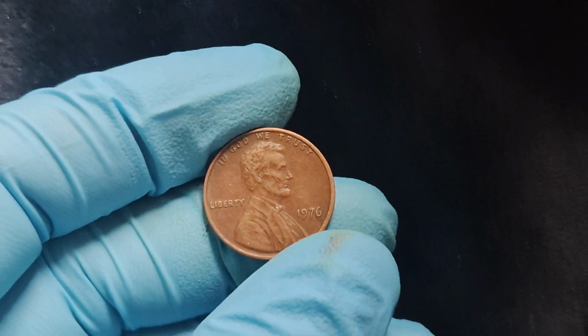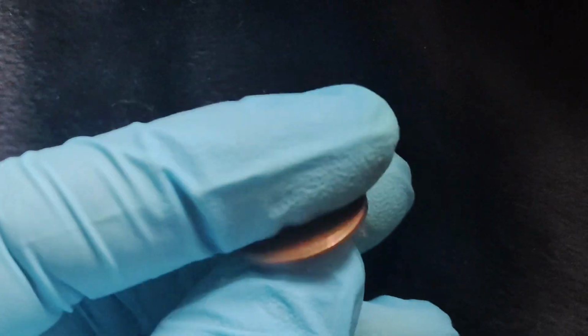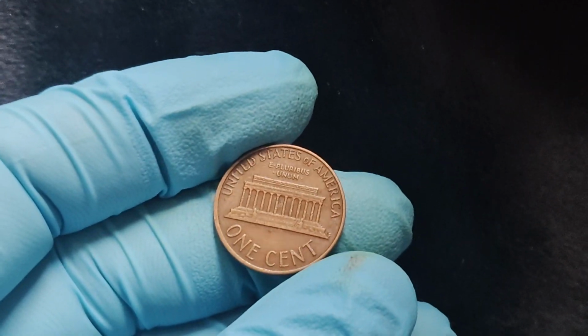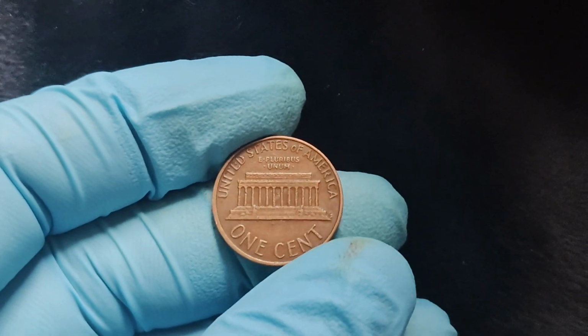Well, here's how to check. 1976 is your magic number. Flip the coin over and check under the date. If there's no little p, you might have struck gold, or, well, copper. Condition. Be honest. If your penny looks like it's